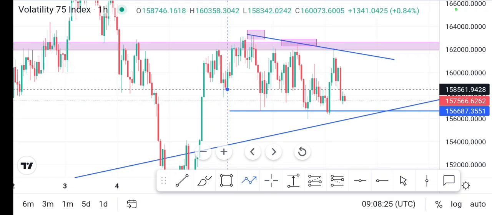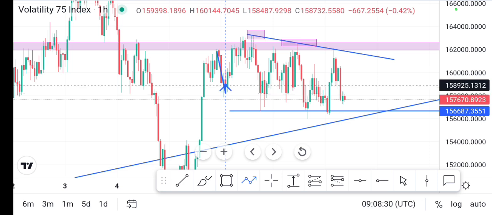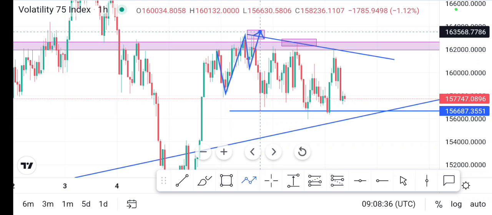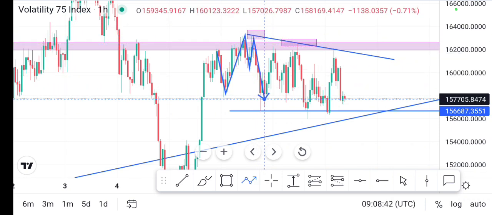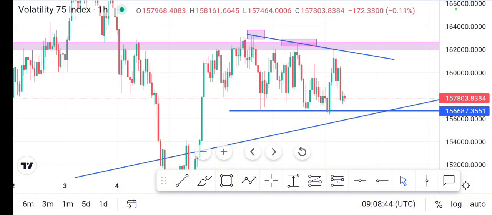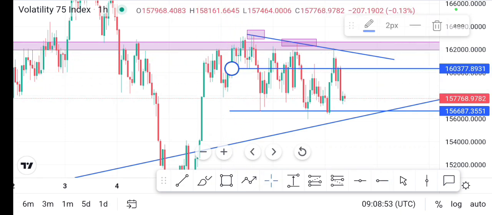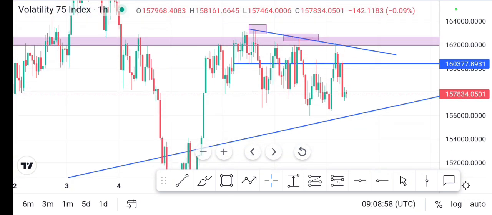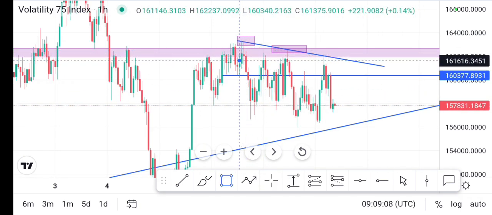It has come making a low, a high, we had a low here, we come and we break above, we made a low here, we made a high, we failed to break above, and then after failing to break above, we broke the structure. You can see that around this area also we broke the structure. Here we broke the structure. There we had a break of the structure, and then we came back up around this side. After breaking the structure, we come back to make a retest and then to make a mitigation.